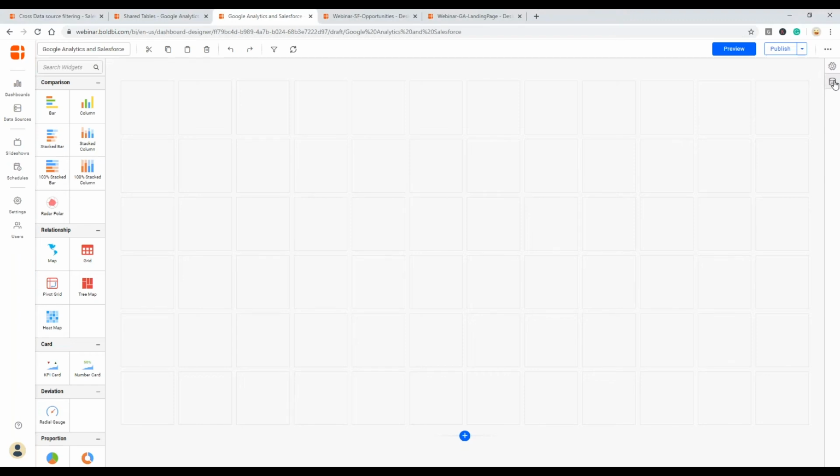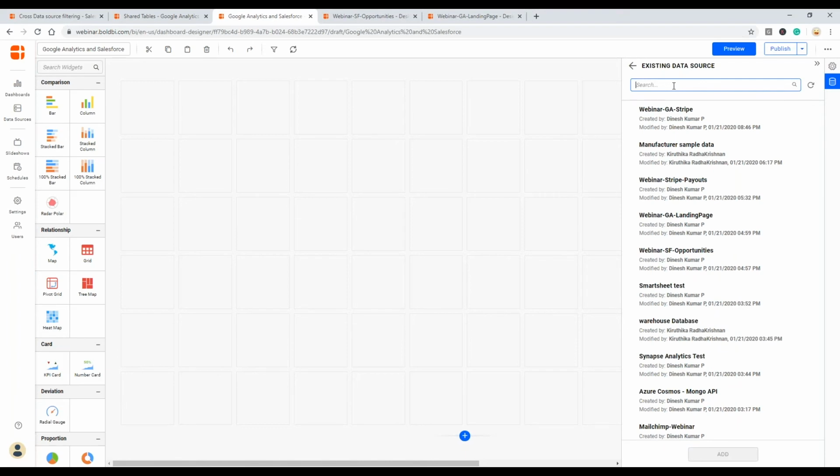And here I'm going to use the existing data sources which I have already created, which I already pulled from Salesforce and Google Analytics.